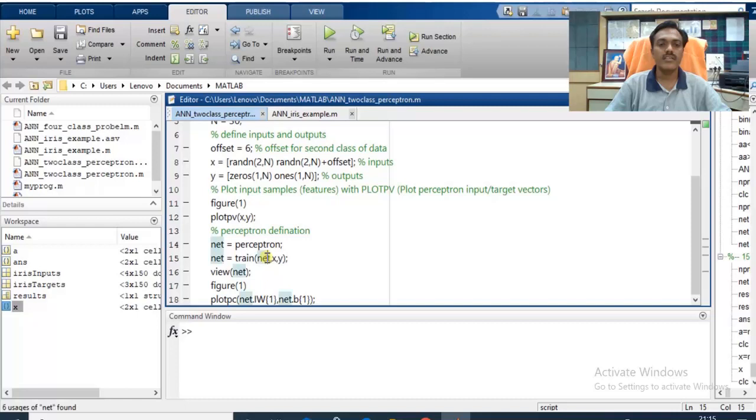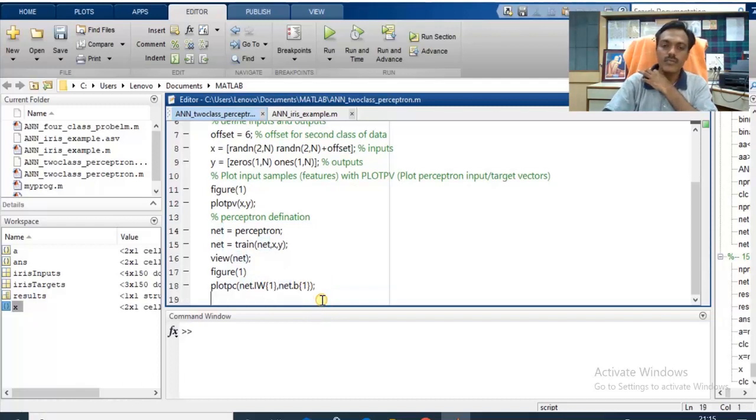Then train this perceptron using x and y, where x is input and y is target. Now view the net, and the last instruction will be plotting the classifier on the graph. So let us execute this and we will talk about the output as well.